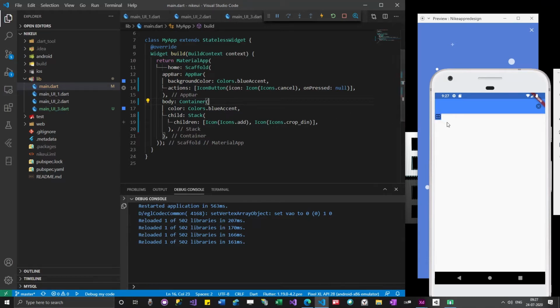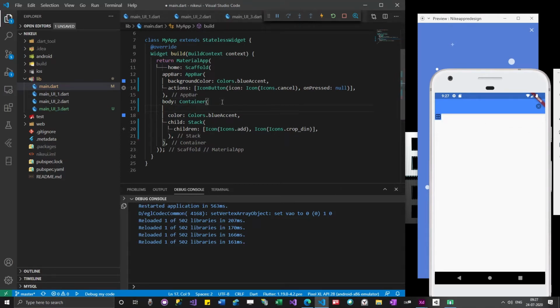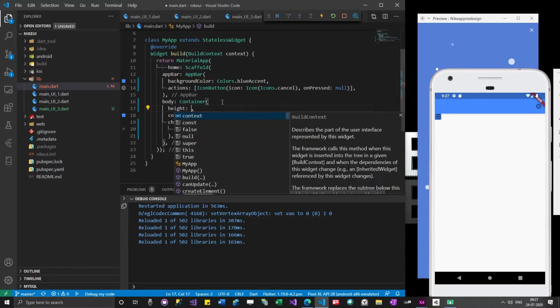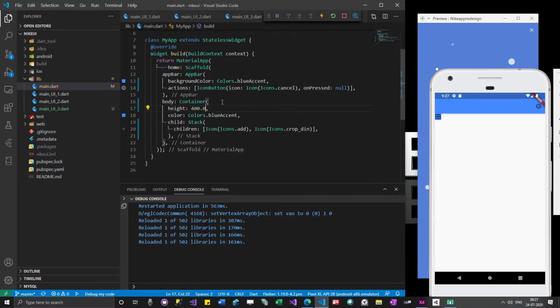Okay, so in order to make this container occupy the whole screen, what I could do is give something like height and width. For example, height I will give 400. You can see that it has grown, right? I can simply change it to 1400 and it will go beyond the screen. That's okay.